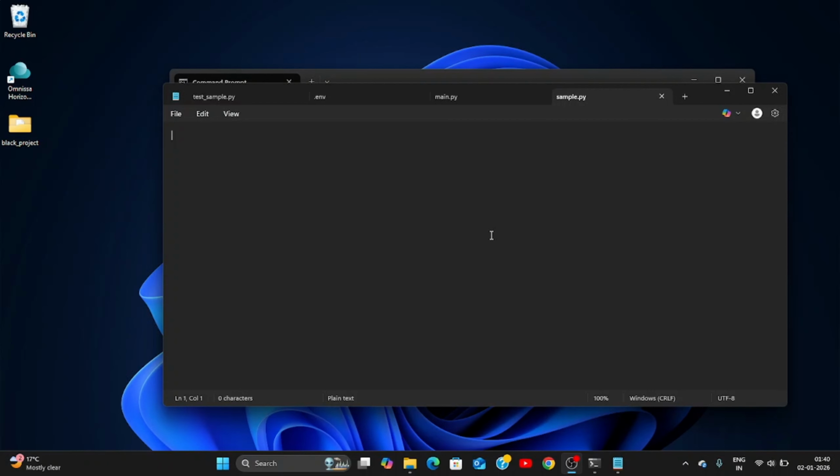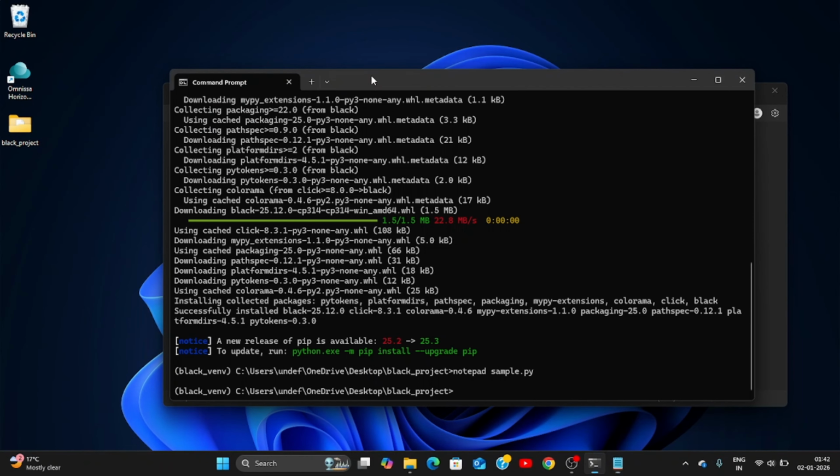Here we are going to write a simple Python code that will not be formatted. So we are going to write def add. That's a function that is going to accept two parameters a and b. After this we are going to write colon and then we are going to write return a plus b. Simple function with its body, but it's not formatted. Now we are going to simply save this sample.py file and we are going to go back to the command